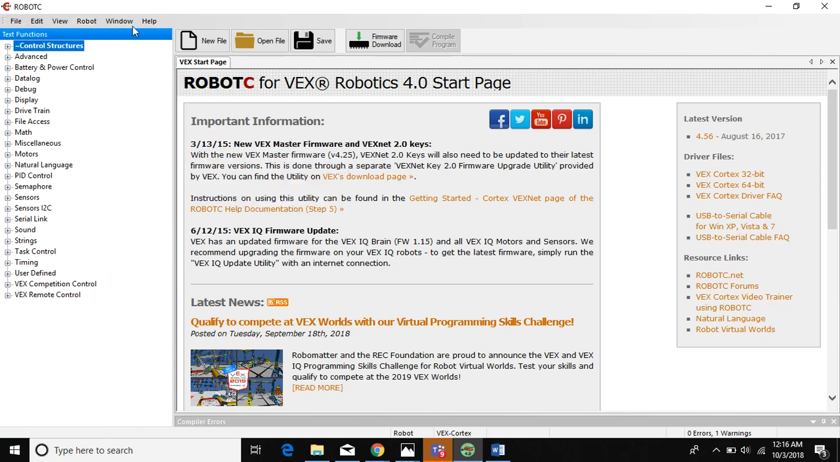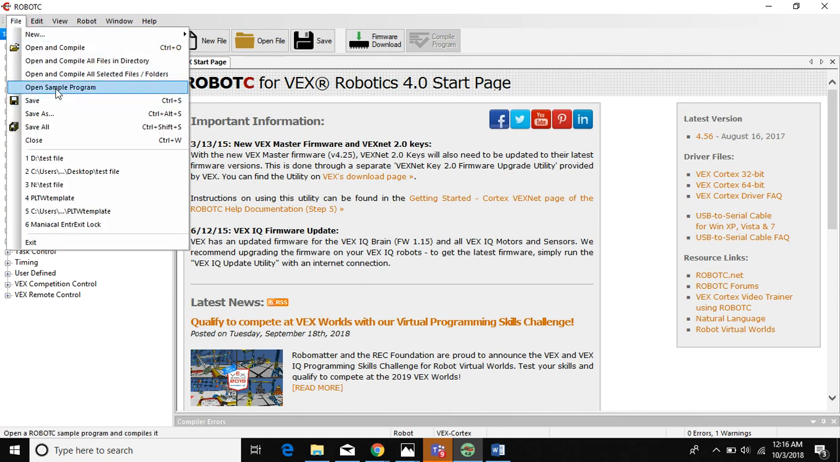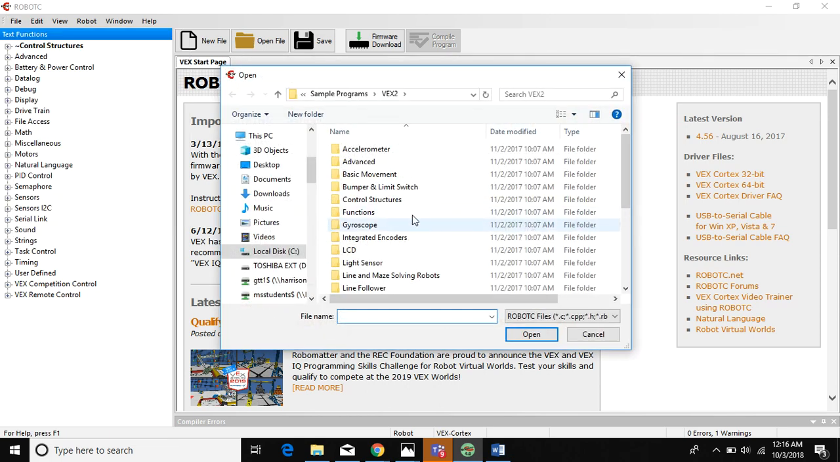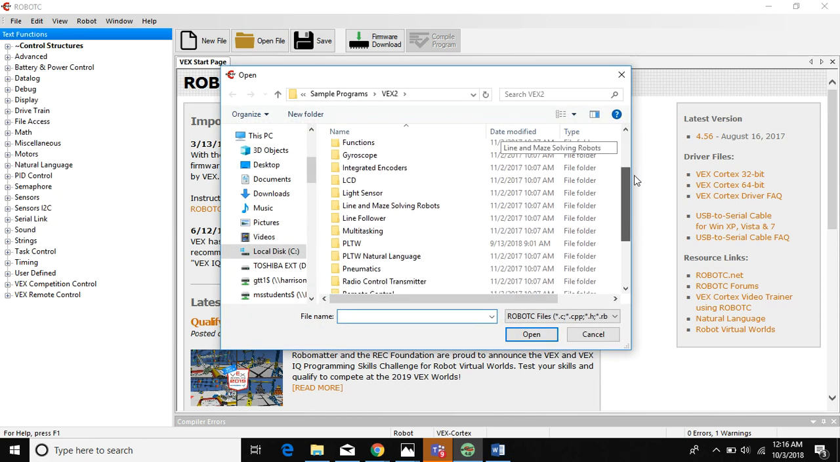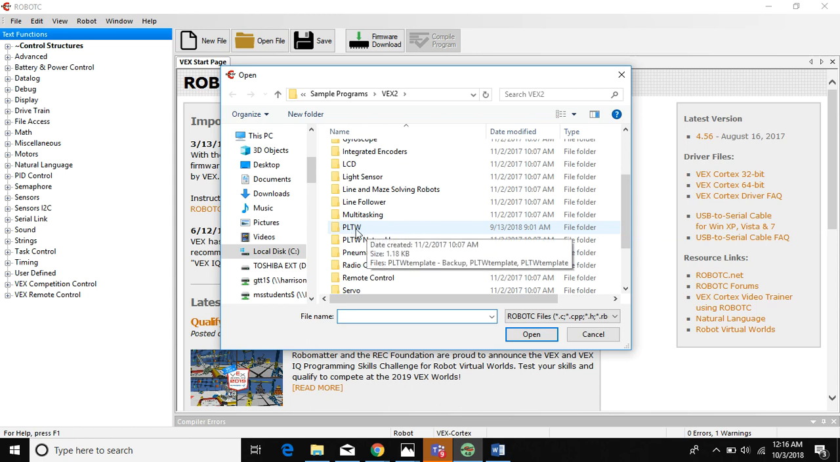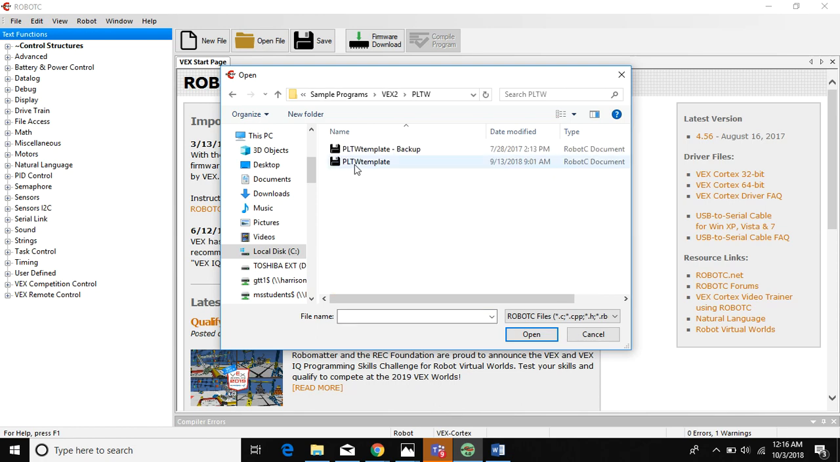Now, once the platform is correct, we're going to open what's called a sample program. So I'm going to go to File, Open Sample Program, and I'm going to scroll down to the folder that says PLTW. PLTW is Project Lead the Way. That's what Gateway is. Remember, we're Project Lead the Way, PLTW. So when I open up that folder, I see a template. I'm going to open that template,